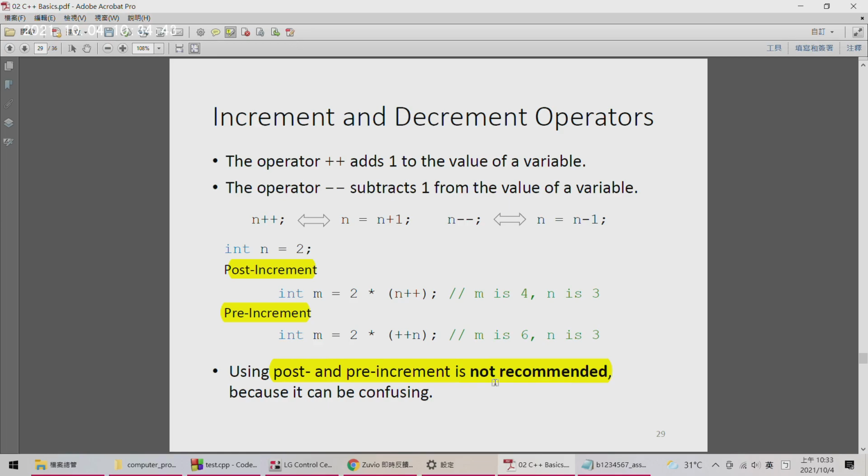You need to figure out which expression is carried out first. So I suggest do not use post-increment and pre-increment in your code. And if you really want to write this statement, you can write it in 2 lines. For example,